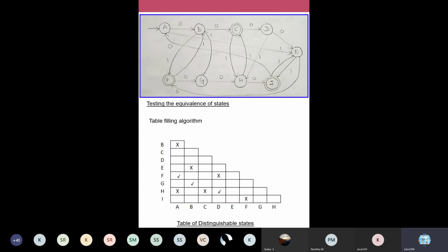If you're having 9 states in your given DFA, when you're constructing the table you're going to take only one diagonal of it. So you'll have 8 rows and 8 columns. When drawing the table, I'll drop the first state A when taking the rows, and when defining the columns, I'll start from the first state A and leave the last state. Then it is enough. A part of your matrix is enough. The entire matrix is not needed. A diagonal is enough to find out which states are equivalent.